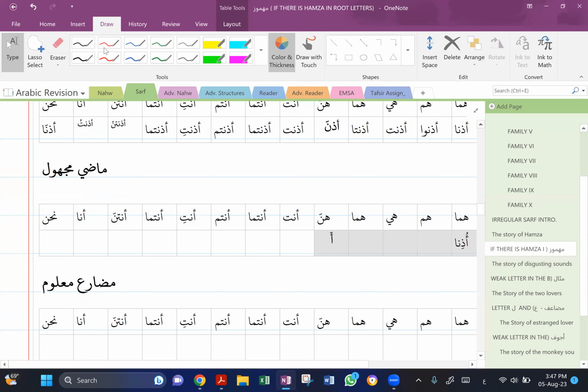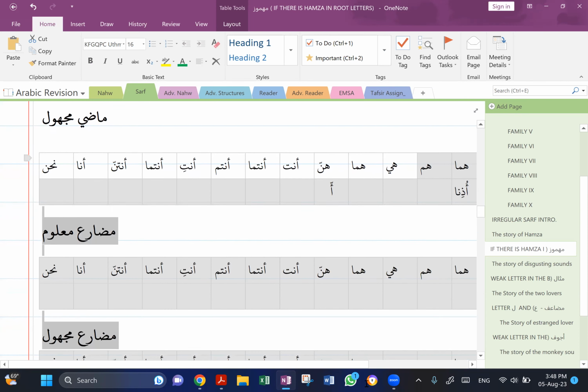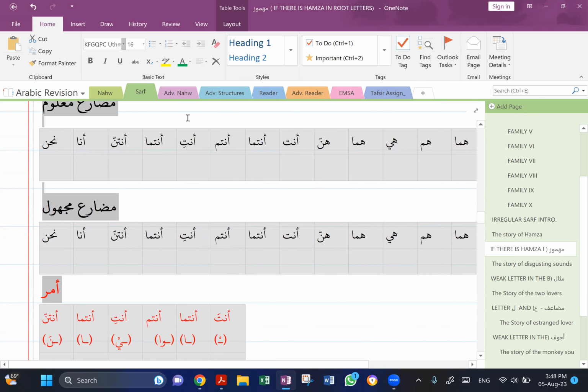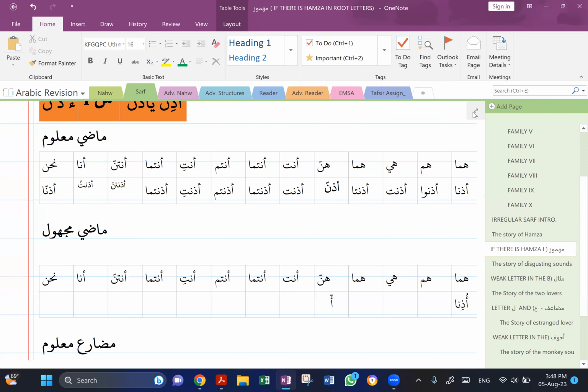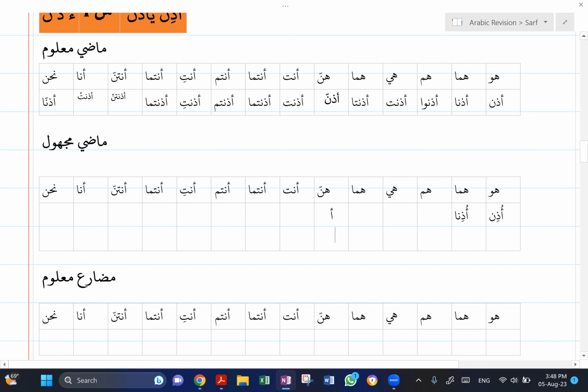I don't like this font. It's cutting out some stuff. I'm going to change it. Yeah, it's pretty much the font that I use, but I don't know why it's cutting out some stuff. Anyway, so